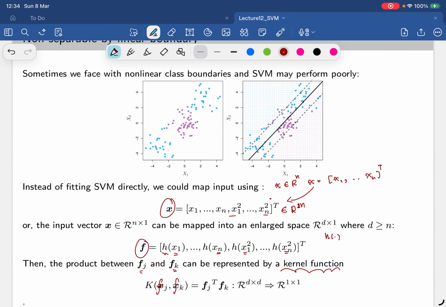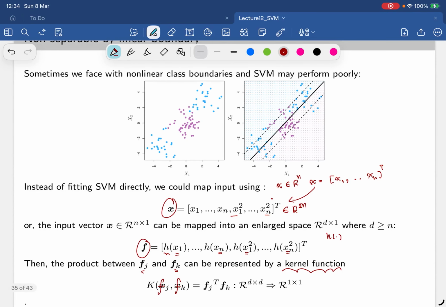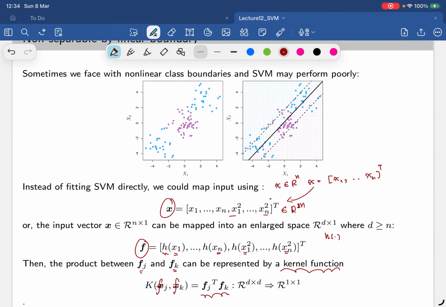Sorry, I made an incorrect notation there. In this case, this is like a generic linear mapping in SVM, because it's a generic dot product between two features. But with this kernel function mapping, we can actually turn this formulation into many different versions. But there are certain conditions that have to be met to make sure that this kernel function does the mapping without doing anything extra. Because this kernel function replaces the dot product between two features,